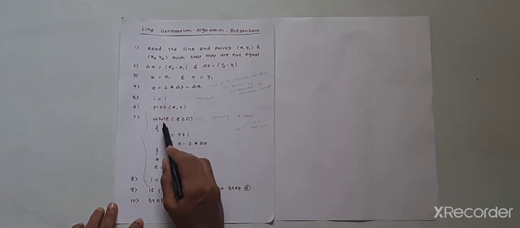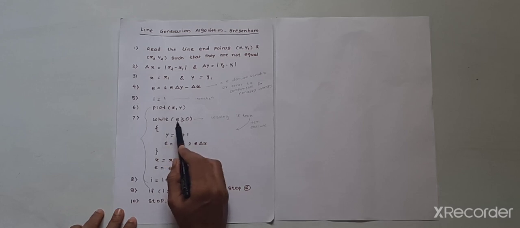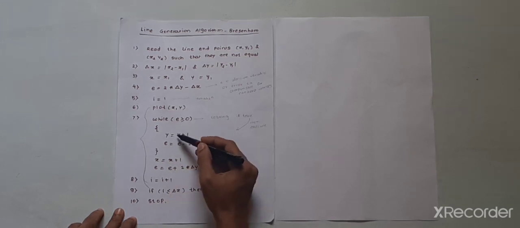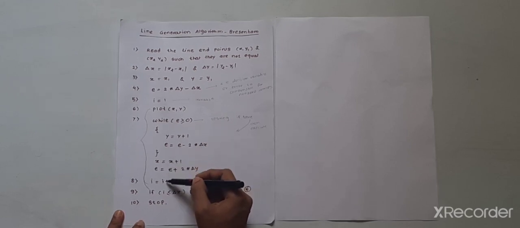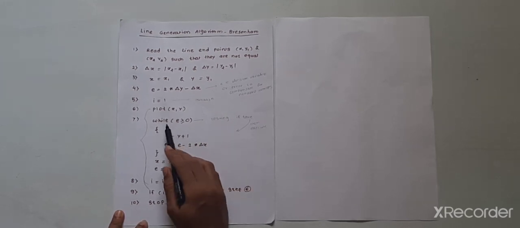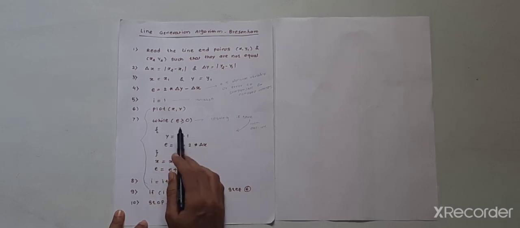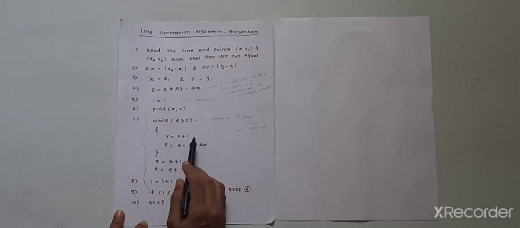Now next we want to check the condition. While our E value, that means decision variable value, if it is greater than or equal to 0, if this condition is true, then only these two statements are going to execute. Otherwise, there is an execution of the next statement. So, here we are checking while E is greater than or equal to 0. If it is true, then y is equal to y plus 1 and E is equal to E minus 2